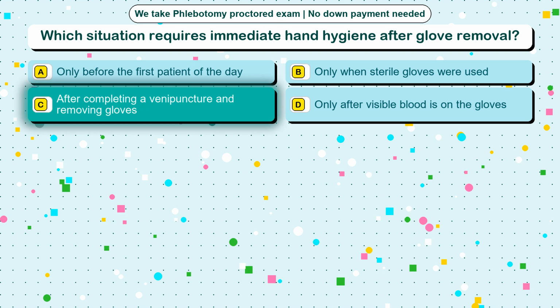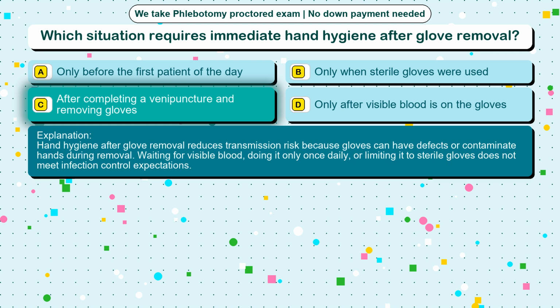The correct answer is option C. After completing a venipuncture and removing gloves. Hand hygiene after glove removal reduces transmission risk because gloves can have defects or contaminate hands during removal. Waiting for visible blood, doing it only once daily, or limiting it to sterile gloves does not meet infection control